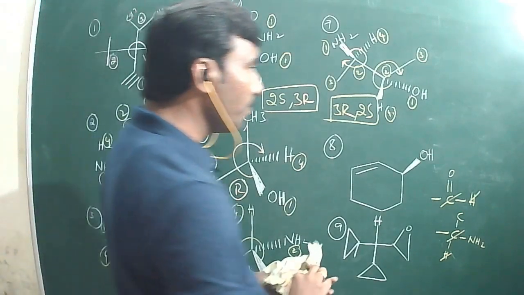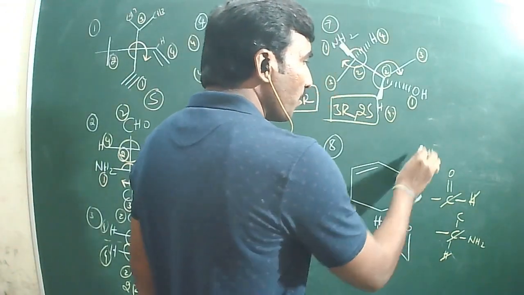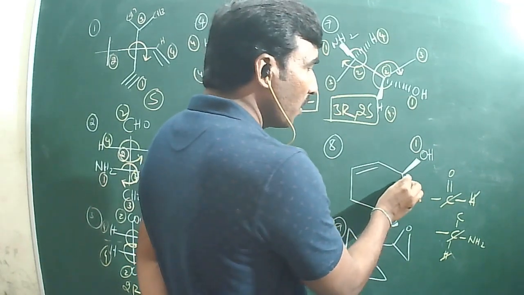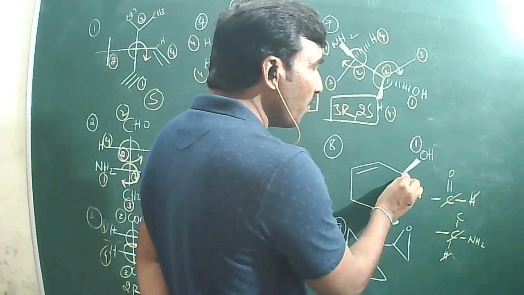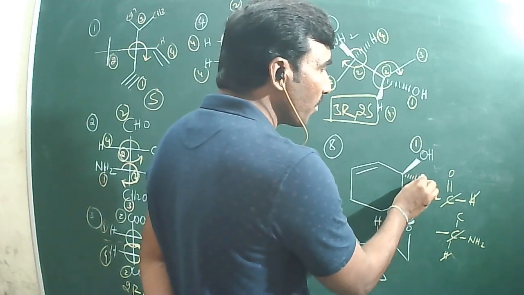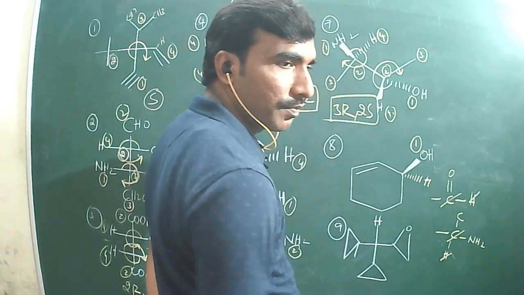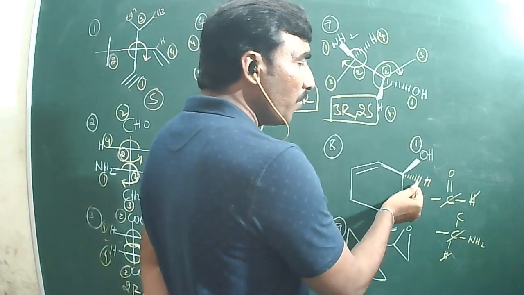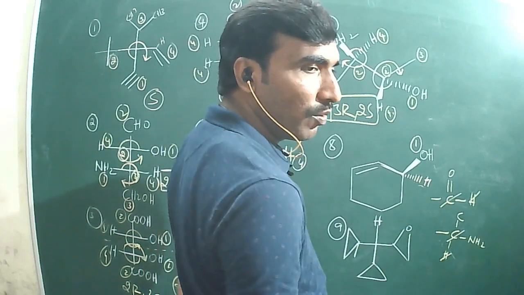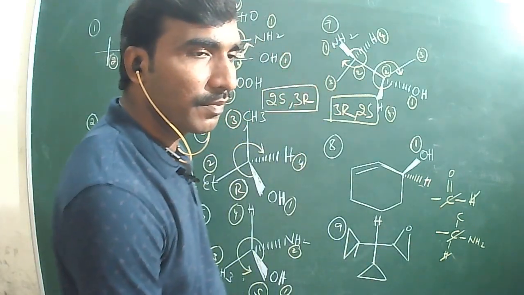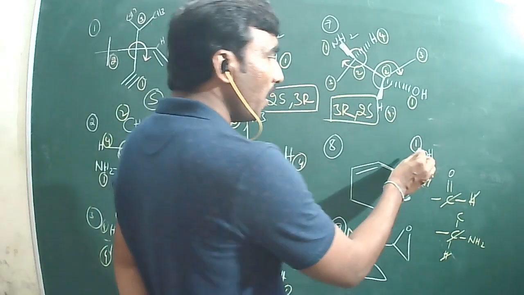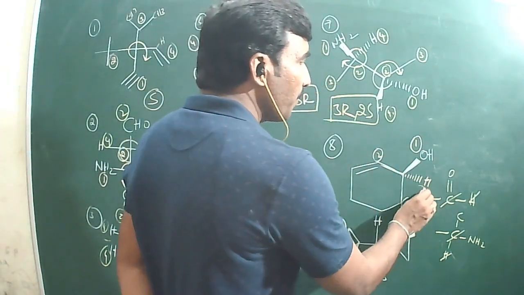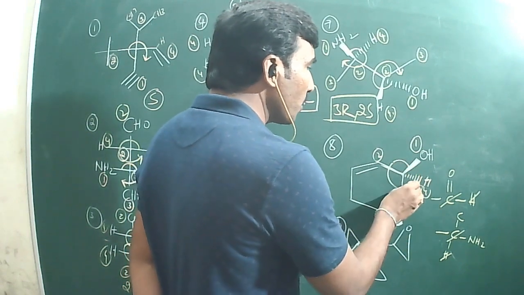Coming to here, the most priority group. First priority group is on thick line. Here I have not shown the hydrogen. So if OH is on thick line, means hydrogen should be on dotted line or not? Because already two planar bonds are represented. Only one is left, that is dotted line only. So that should be hydrogen or not? Now first priority, second priority, third priority and fourth priority. So 1 to 2, 2 to 3.